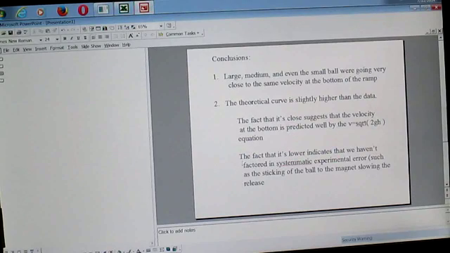So back to this, we haven't factored in all the systematic experimental errors, such as the sticking of the ball to the magnet. The other thing is that even theoretically, all the kinetic energy is not accounted for by 1/2 mv squared, because part of that energy is the spinning of the ball as it goes down the ramp. And we haven't factored that in because it's not a very big factor, and I didn't think it was necessary to get that fancy. So anyway, it looks like we verified the theory pretty well,